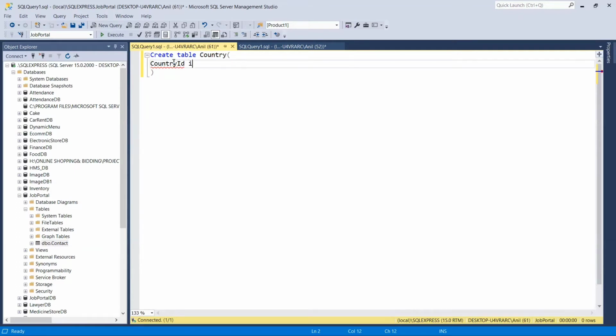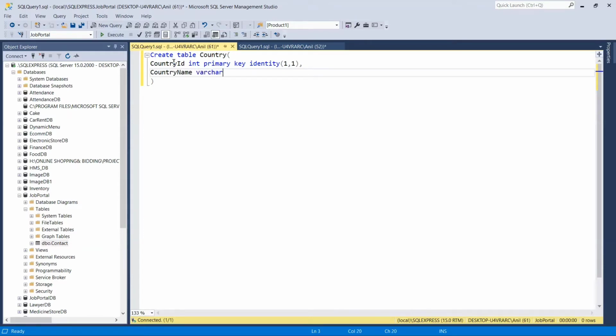It should be integer, primary key, then identity should be 1, 1. Then comma, another column, country name.